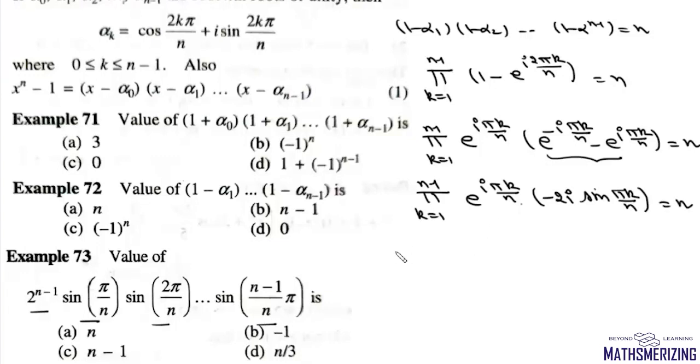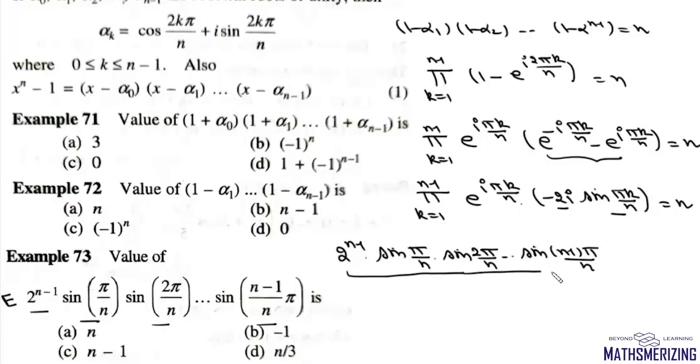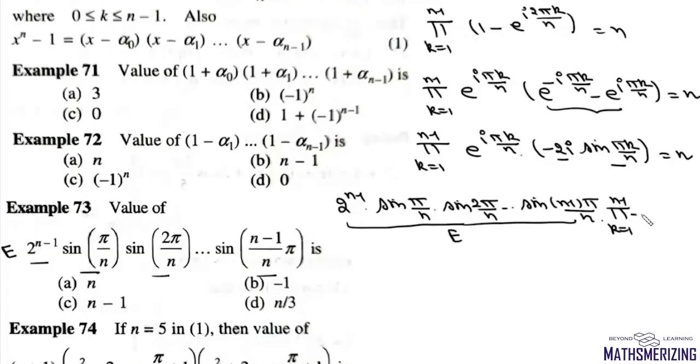Now we can write this as the product, which is 2^(n−1) sin(π/n) sin(2π/n) up to sin((n−1)π/n), which we need to find, and we'll say this expression is E. So this is E, and then into this product, k varies from 1 to n minus 1, and then we are left with